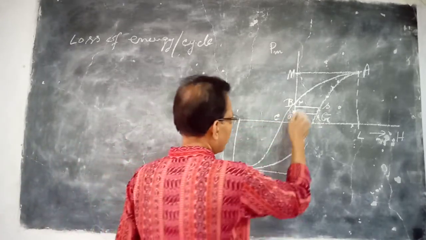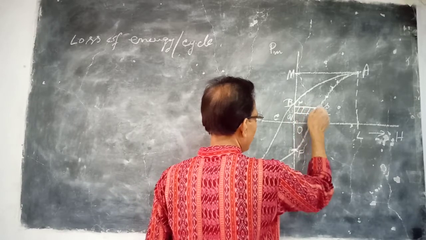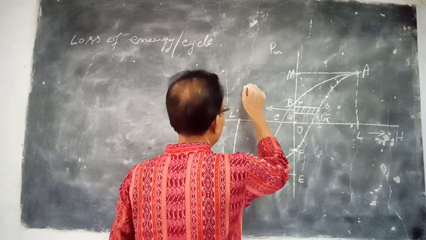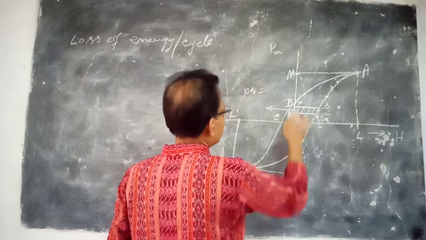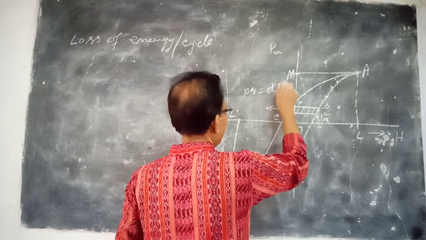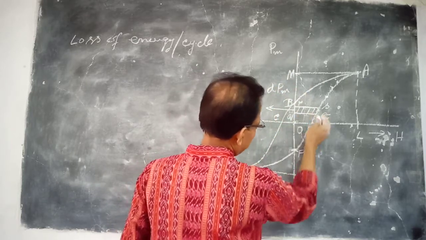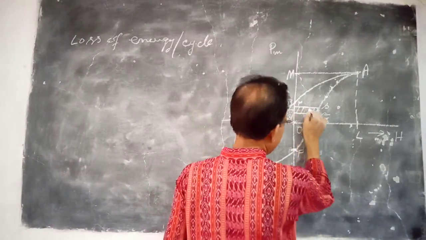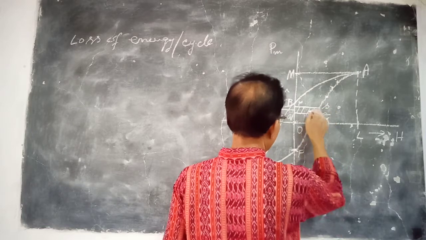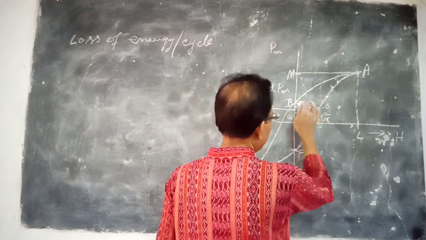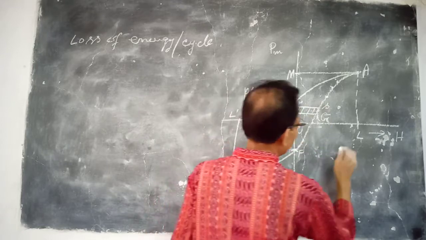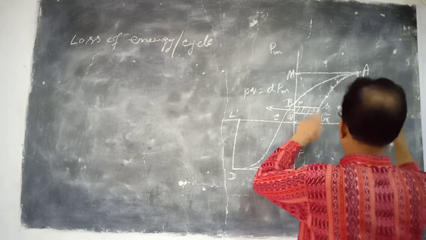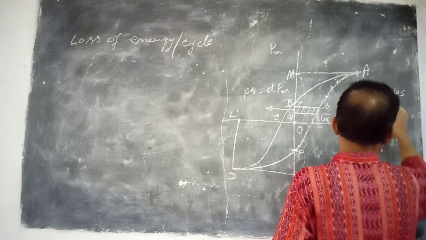You consider a small rectangular path here in the process of magnetization. Now see here, this part, this is PQ. Here is the increment in, that is dPm. And this part, this is a very steep path, it is more or less a rectangle. So if we take the average value here, that is the H. So your QR, which is approximately equal to PS, is equal to the value of H.